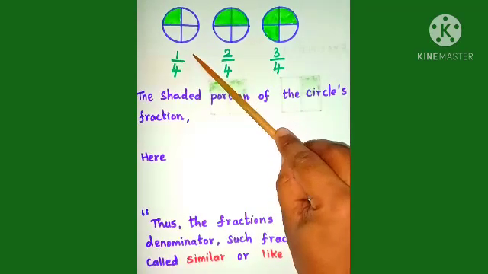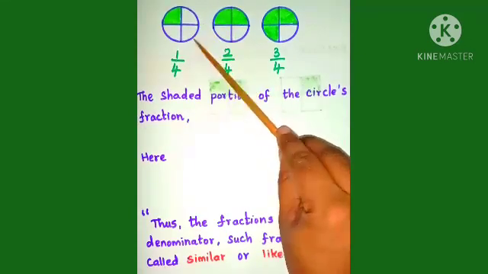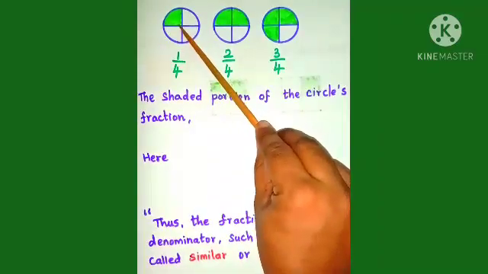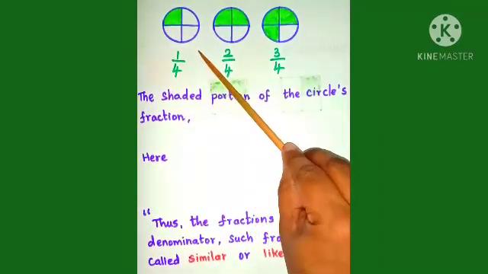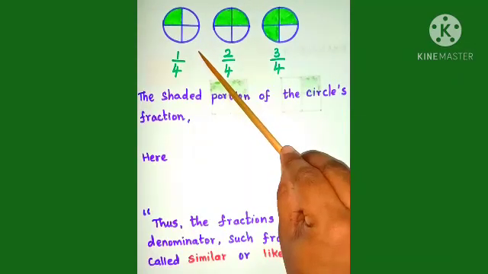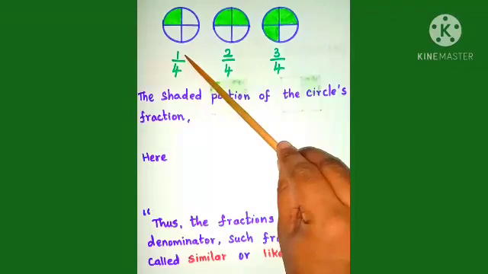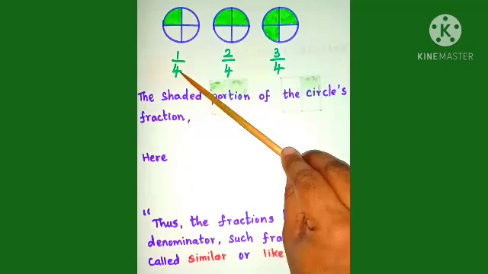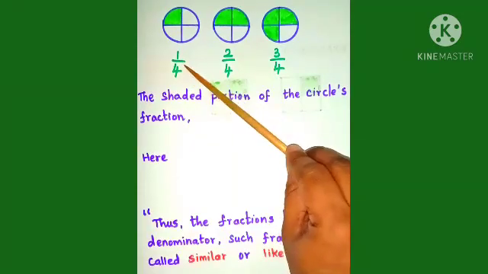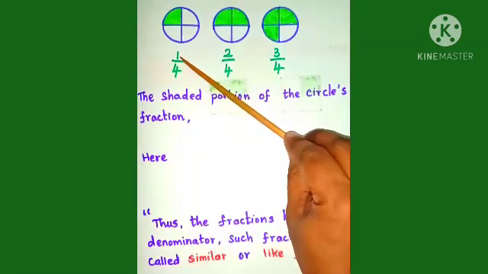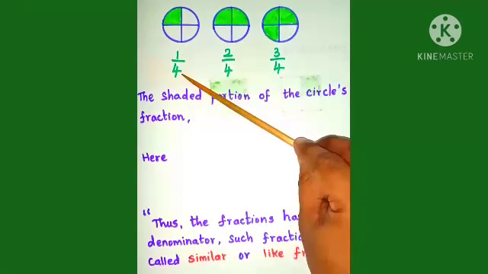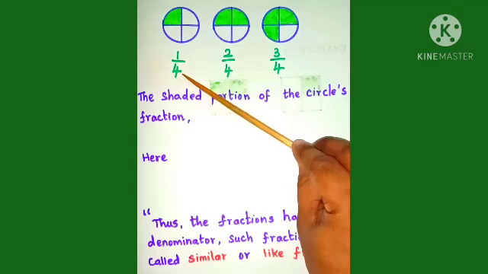Students, let us write the fraction of each shaded portion of the circles. Here in the first one, 1 part is shaded out of 4 equal parts, isn't it? So, what is the fraction of this shaded portion? Yes, it is 1 by 4. Here, 1 by 4 can be read as 1/4 or quarter. And here 1 represents the numerator, the number of parts in a whole, and 4 represents the denominator, the total